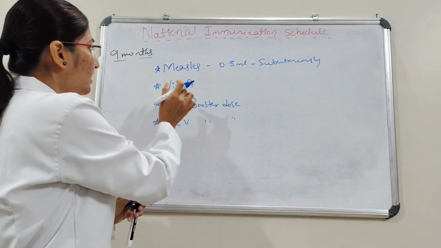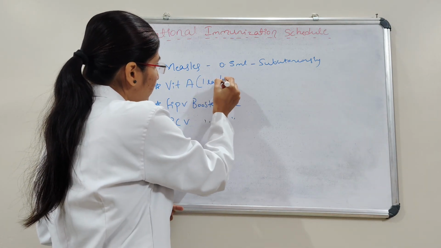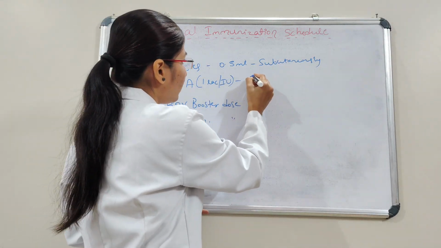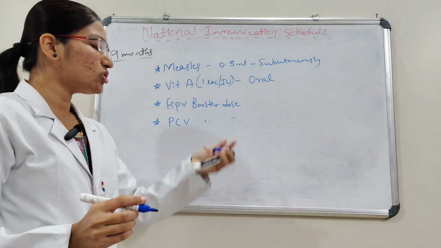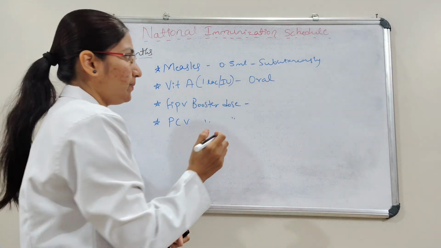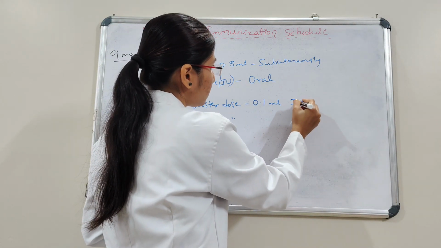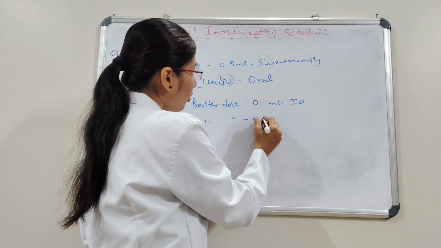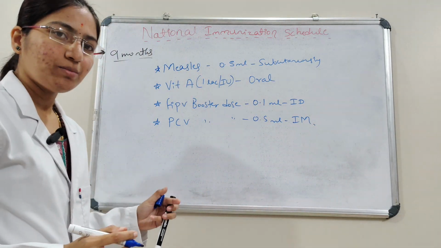Upper arm. And then vitamin A is 1 lakh international unit, given orally. And then FIPV booster dose is given intradermal, 0.1 ml. And then pneumococcal conjugate vaccine, 0.5 ml, is given through IM. One thing to keep in mind here,